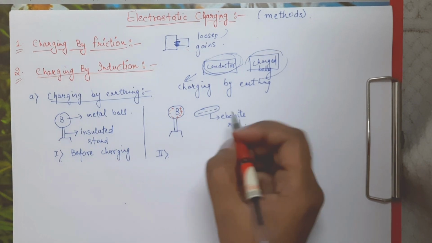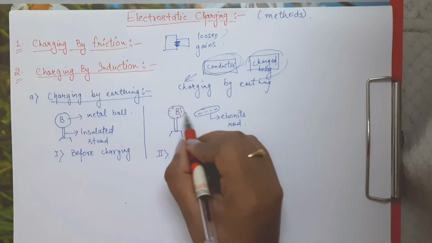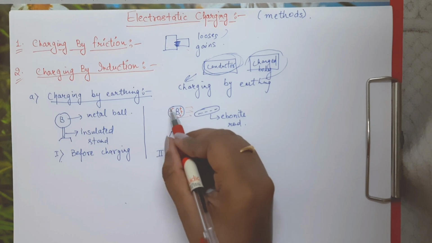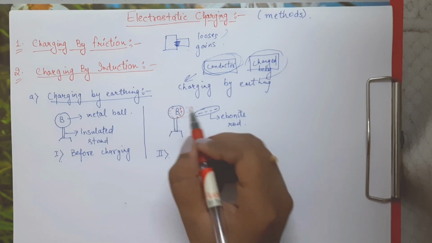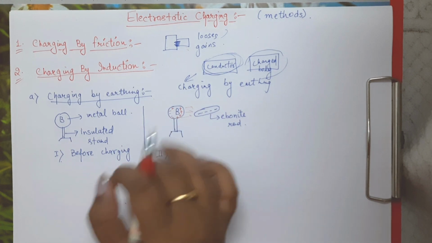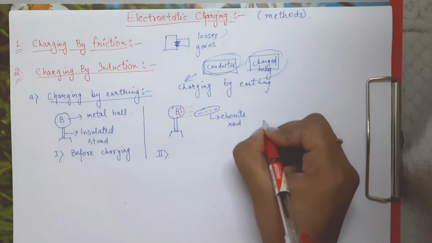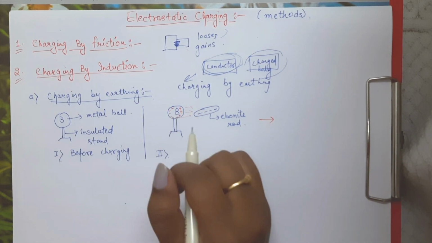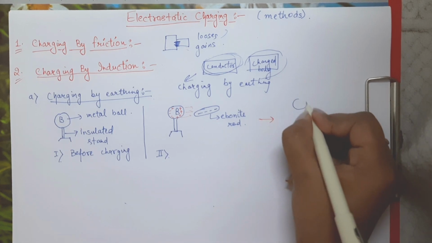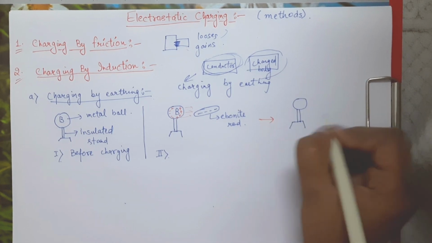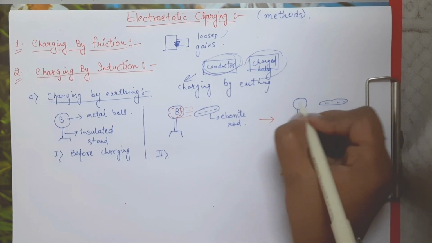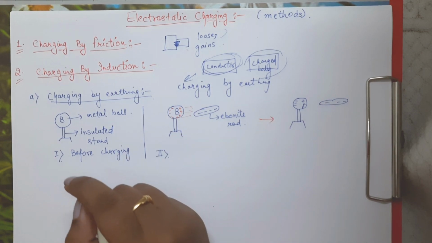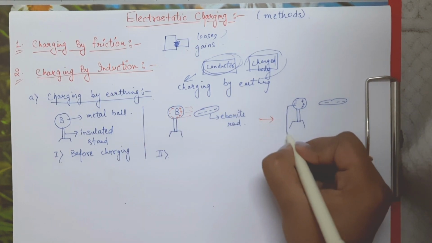So this is the case, because this negative charge is present here, it will attract the positive charges towards itself, right? So negative charge will be here and positive charge will be here on this ball. Now this is the process of charging, right? Now what we do is, once this distribution has happened, we have positive charges here, negative charges here, and we have distribution. So now what we do is the earthing.